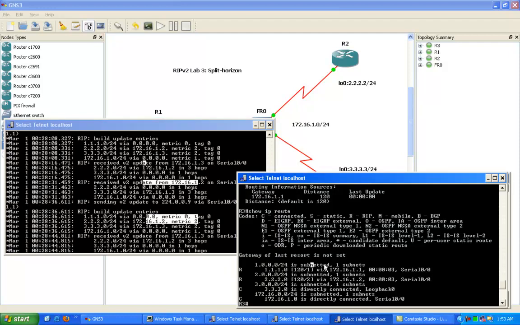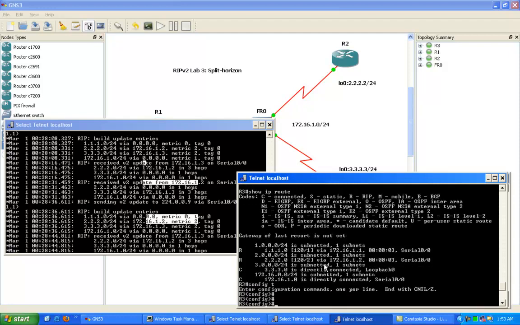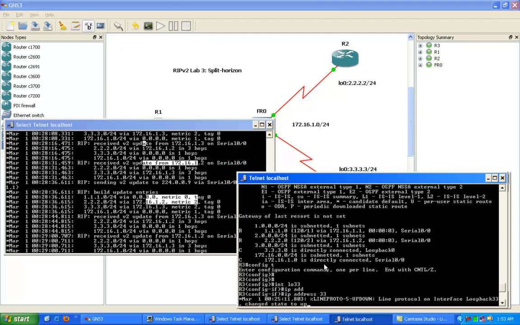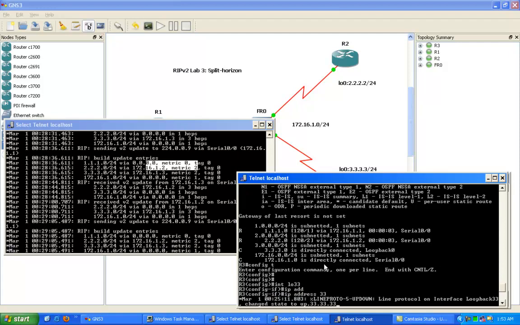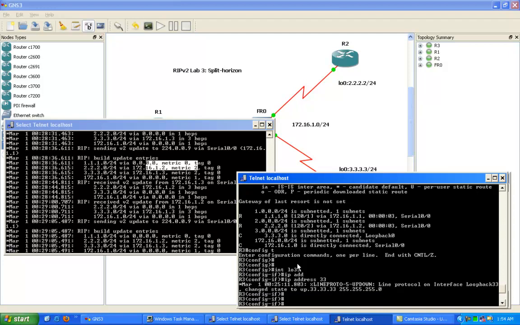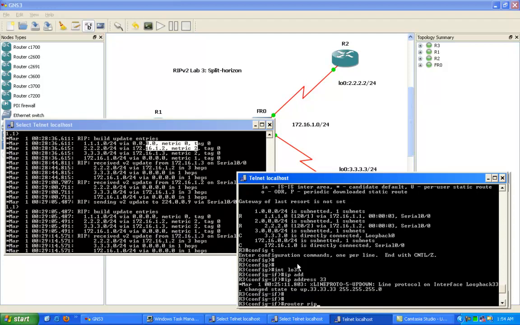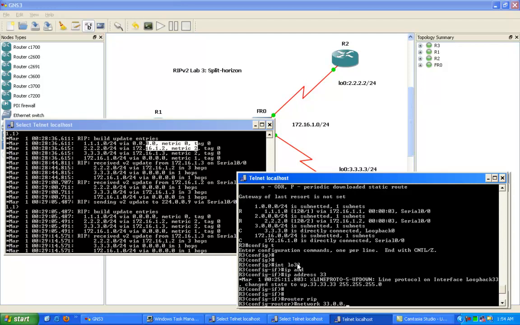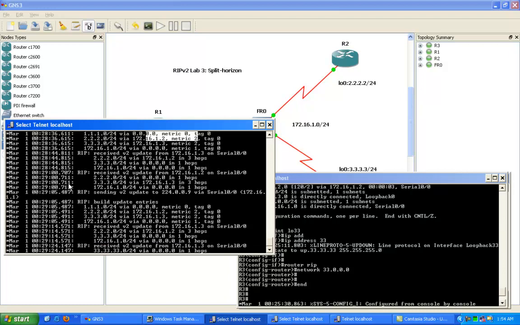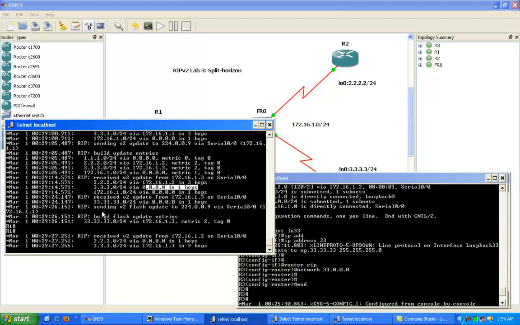So let's go to router 3. Let's go ahead and add another network here. We'll do interface loopback 33. Just give it the IP address of 33.33.33.33 with a /24 subnet mask. And then we'll go ahead under RIP. We'll do a network 33. And now what we should see on router 1, as we saw real fast here,